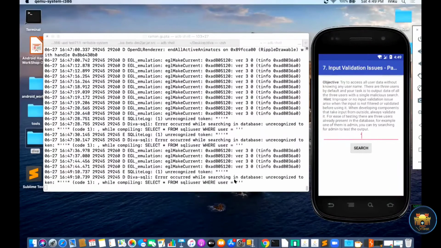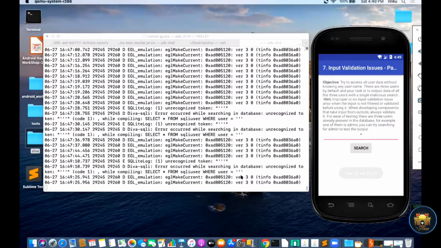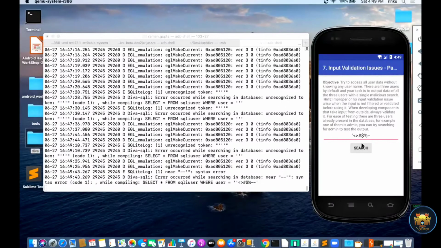So I put a single quote here and then search. You can see my single quote is directly going into the query part, not validating anything, no sanitization at all. If you put a double quote here, no error comes, because that is the balanced query. If you put other characters, single quote, less than, greater than, hash, dollar, percent, hyphen, let's see what happens.